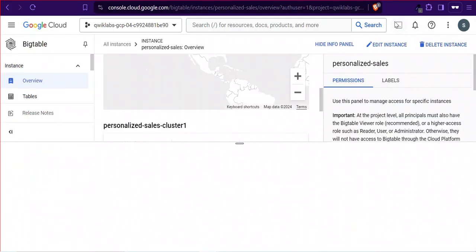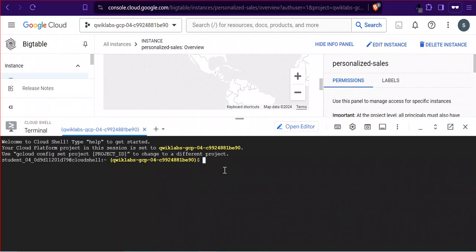Go to the Cloud Shell. This is gcloud config get-value project. This will give us the project ID and we will save it in the project field of .cbtrc.